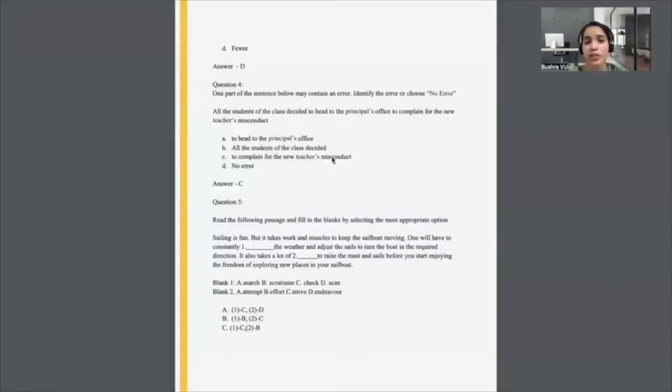See, either it could be a question paper error or it is to trick you, right? These are the two things that most of these people do. They will give you the exact same answer in the question and they will also give you no error. Technically, if that's the correct answer, then you're going to go for no error, right? But in these cases, you always go for whatever is written exactly the same as the question, okay?